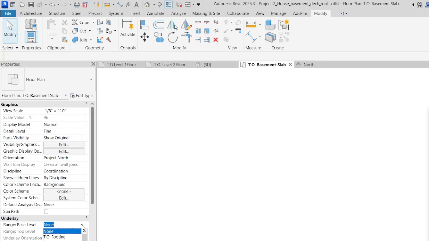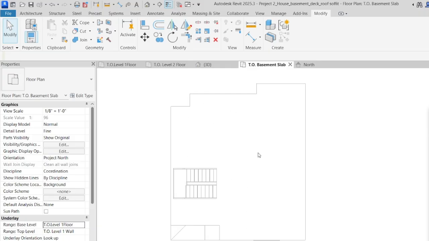So what I will do is, maybe it's level 1 floor level. By default it says it's automatically adjusted, level 1 floor. Look up. Okay, let's see, apply. Now I can see whatever is above this floor. But or maybe